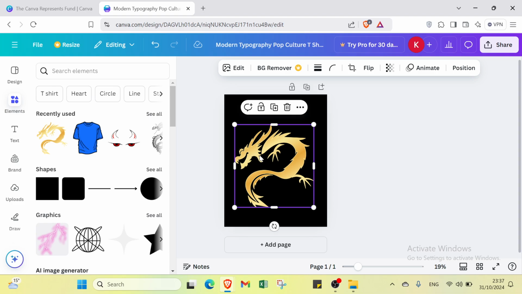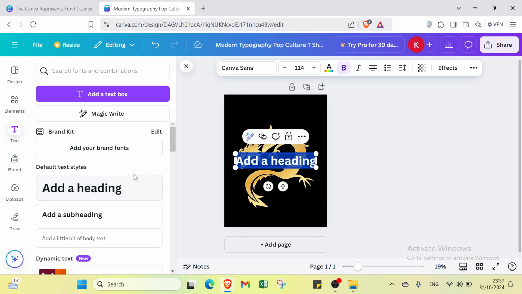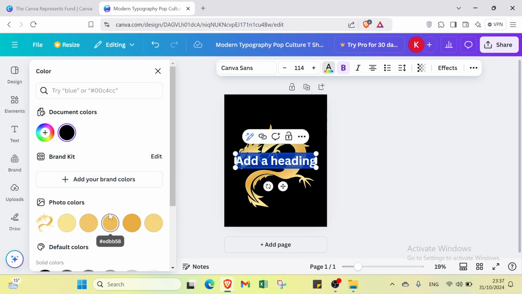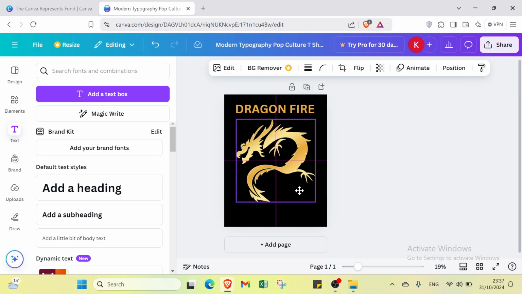So then I will just add a heading. I will just go to the text and I will click for add a heading. I will select firstly the color and I will select here this color. I will put it firstly in the top and the middle. Then I will write, for example, here dragon fire. Then I will put here this one